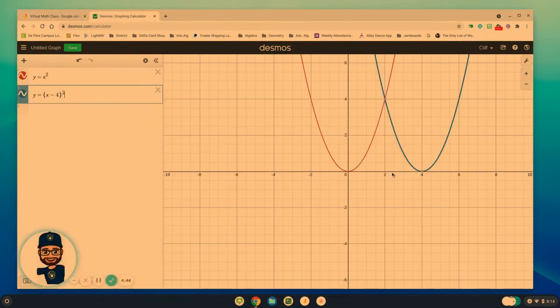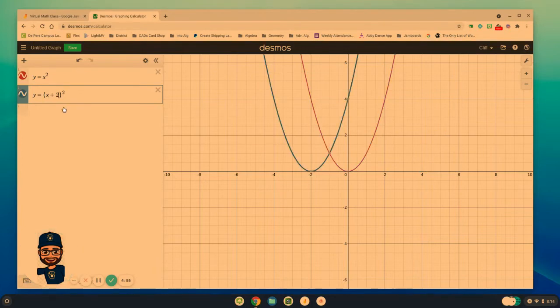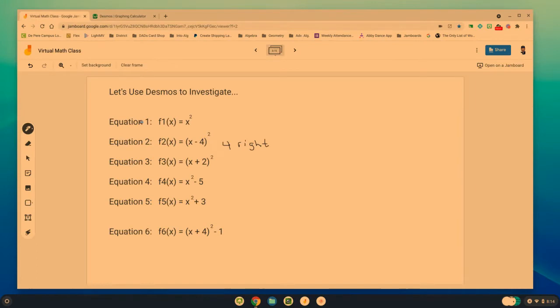Okay, I'm going to get rid of that one that we just had, right? Minus 4 went 4 to the right. So now I'm going to change it from subtracting 4 to adding that 2, and notice it moved it 2 to the left, right? The vertex moved over here to (-2, 0), right? So this,